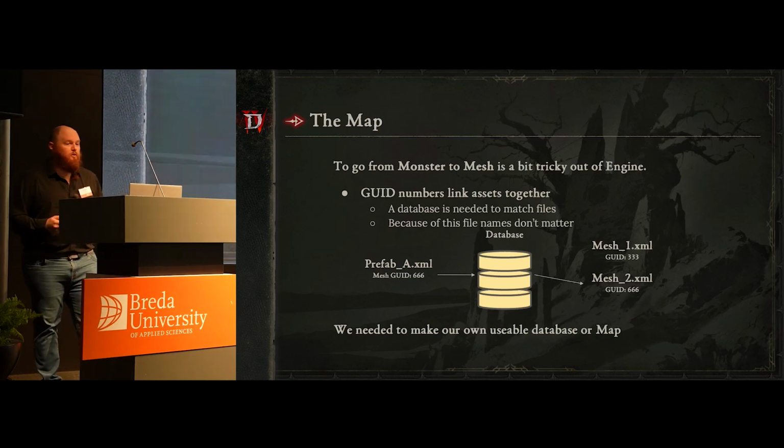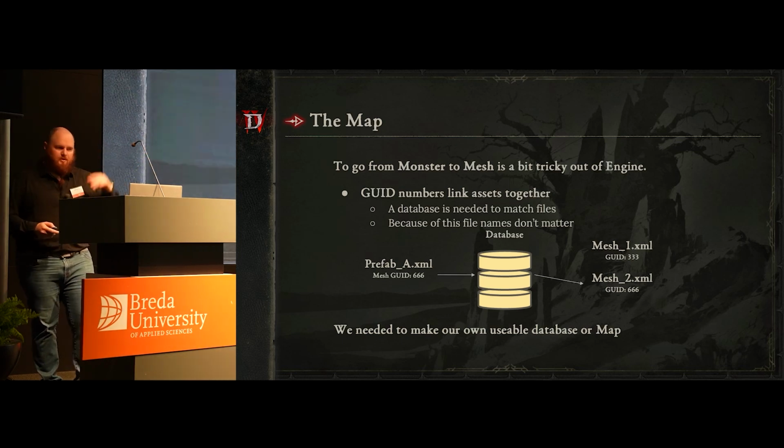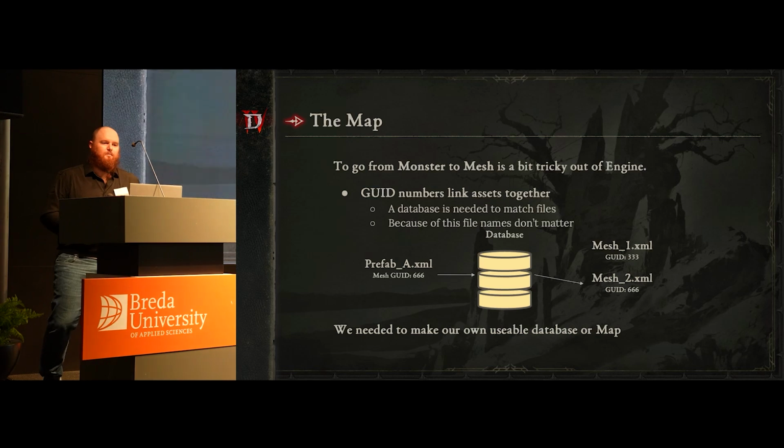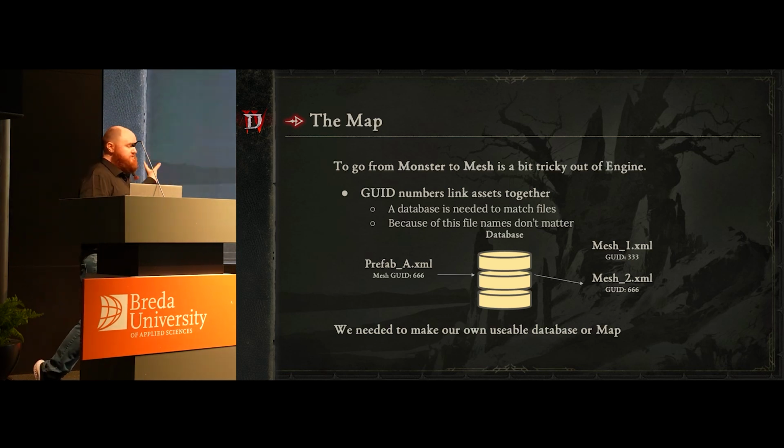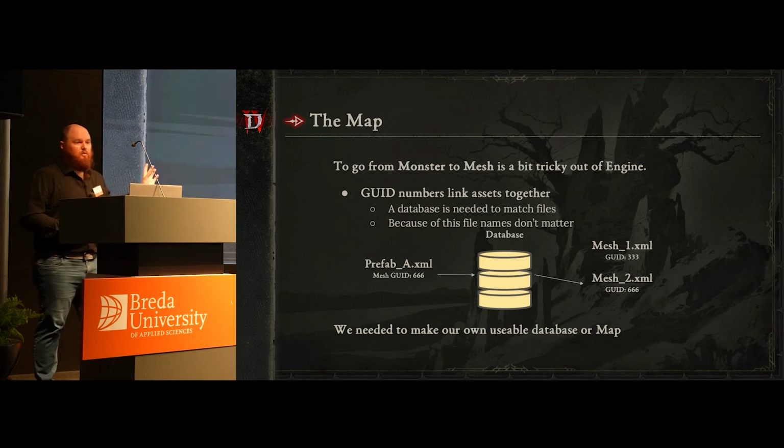For Diablo IV, to go from monster to mesh is a bit tricky to do out of engine. So it says GUID ID numbers here. That's not strictly accurate, but it's close enough for this presentation. So GUID numbers link assets together. A database is needed to match files, because of this, file names don't matter. So here we have a graph where we have prefab A, which represents our monster, which is linked to a,